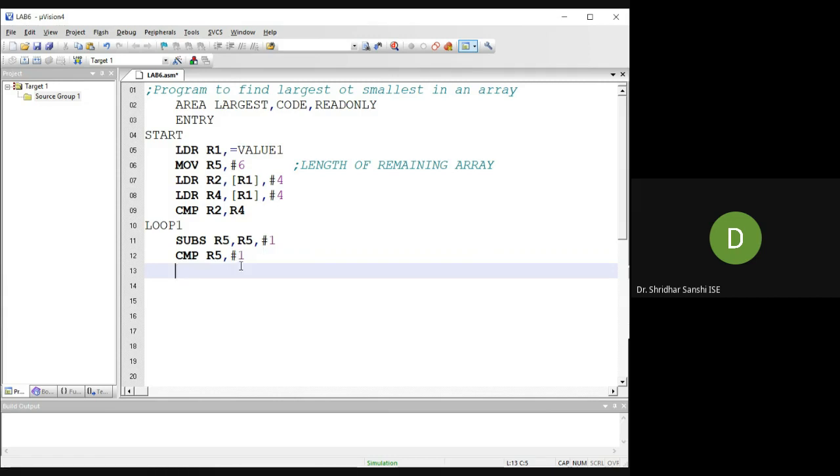So what I am doing: compare R2 comma R4, if R2 is greater than R4, then I no need to do anything. So I should go with the, what I will do, I will,